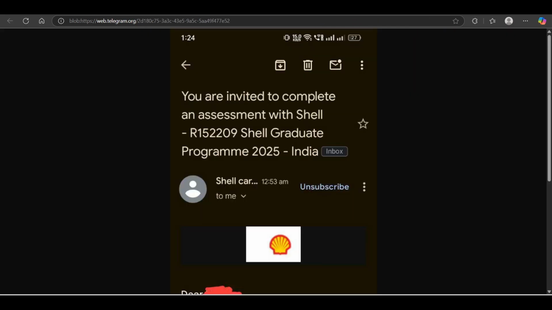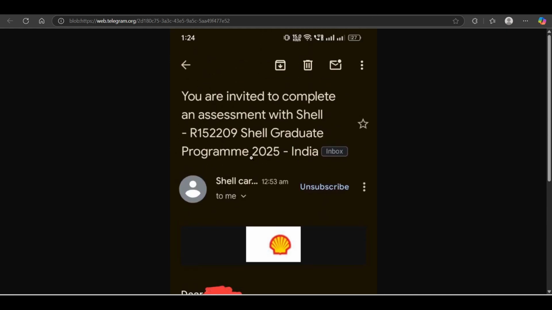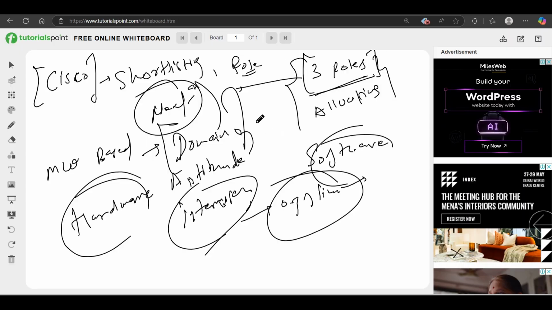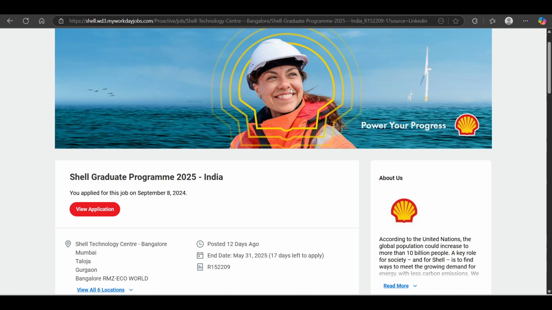So you can attempt the test. It is kind of a direct test hiring opportunity. But after this mail, what will be the process? Getting the next mail after this mail is very difficult, because generally students give this test, but after this they have the test from the Mettl platform. But that Mettl test very few students actually get, after 2 to 3 months. So the process is generally very slow in this kind of hiring. But it is open, so you can try to apply.